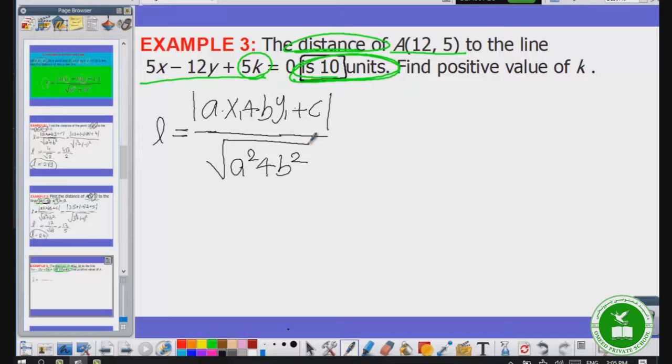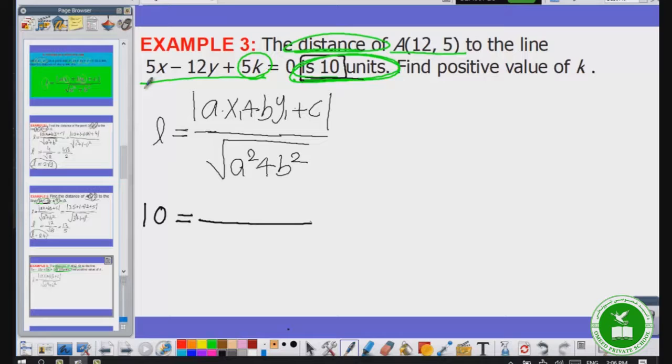Okay. Now the distance is given, A, B given, x1, y1 given, we just plug these values into the formula. The distance is 10 units. So 10 is equal to